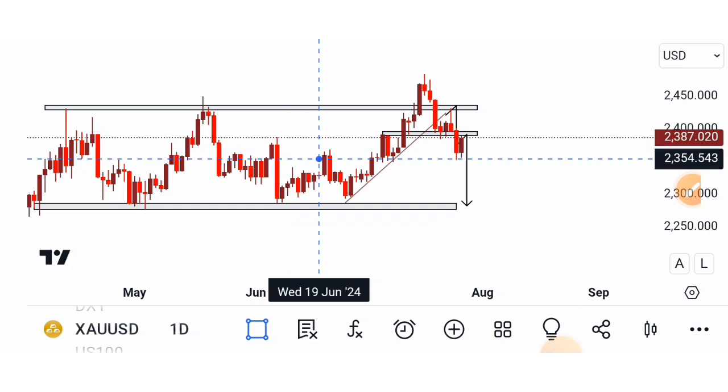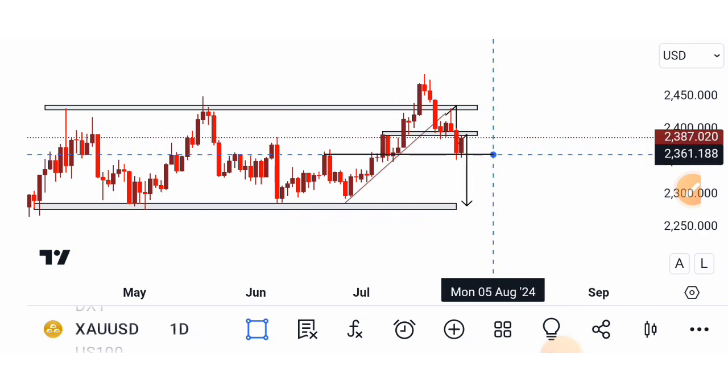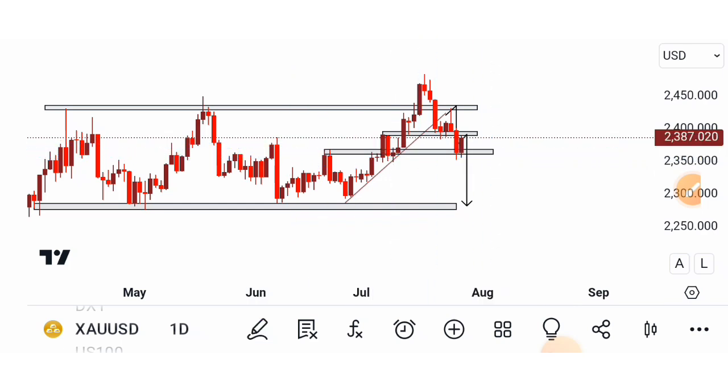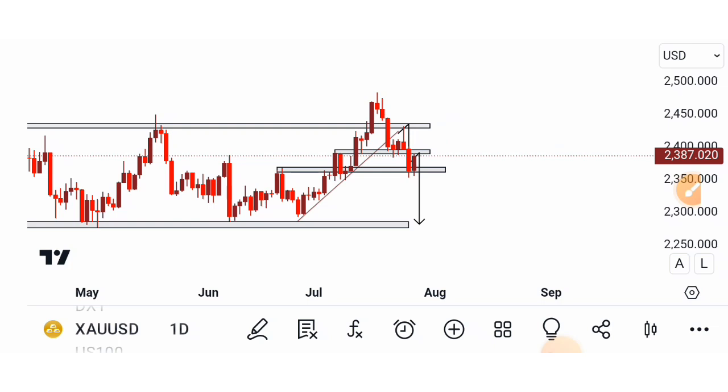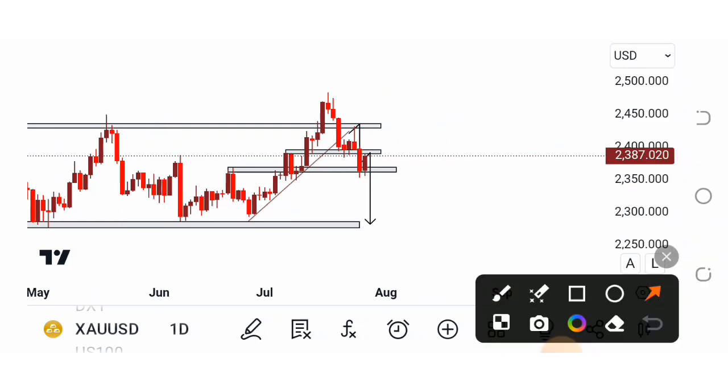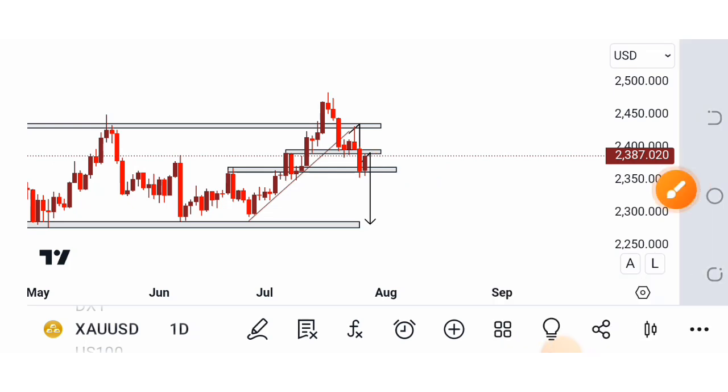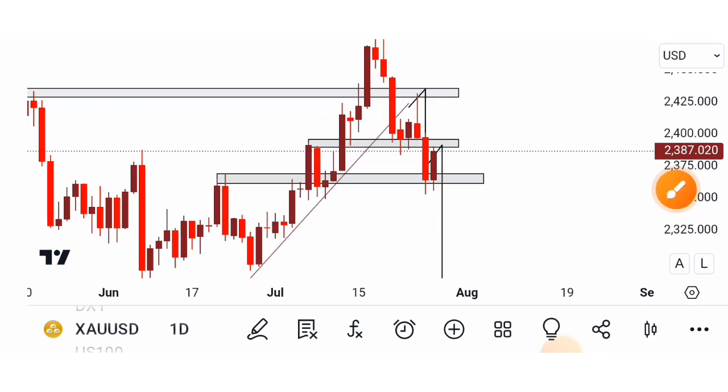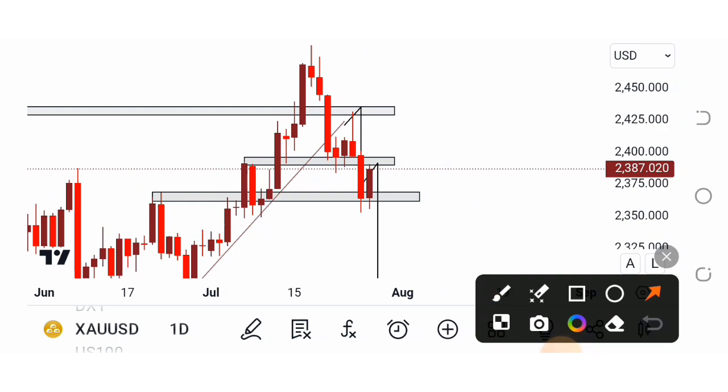I do see this area of resistance over here as a very strong area where the market could potentially sell from, right? So looking at this, these are my two areas of interest, this high over here and this low over here. So what I'm looking for the week that is coming, obviously you can see that the market is exactly at that resistance. So from here, of course, we can anticipate that the market is going to sell and